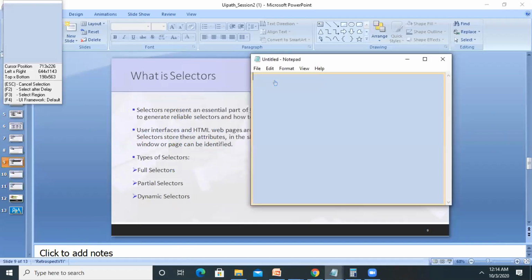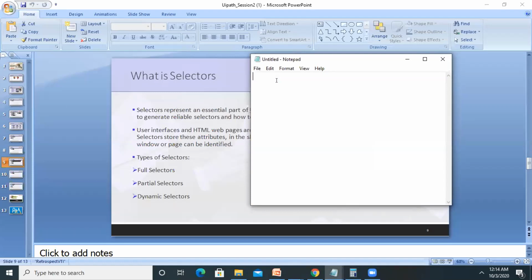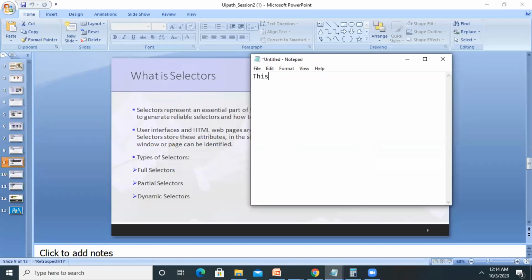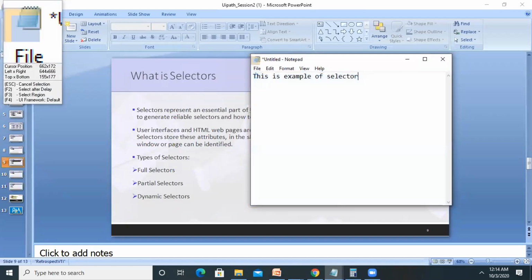Let me record the screen and enter some details. This is an example of a selector. Now you can see this is typed here because we have selected the untitled one.